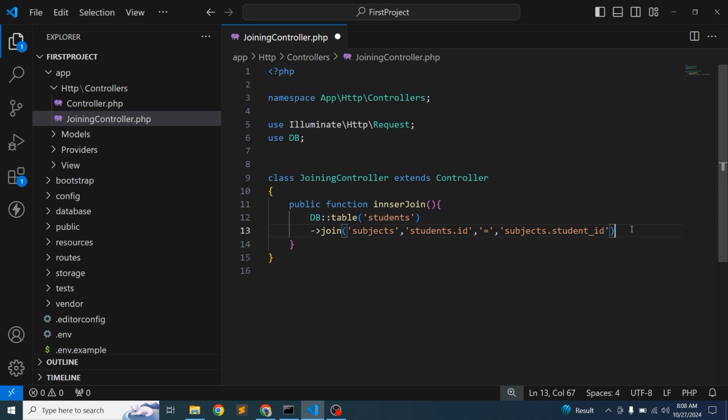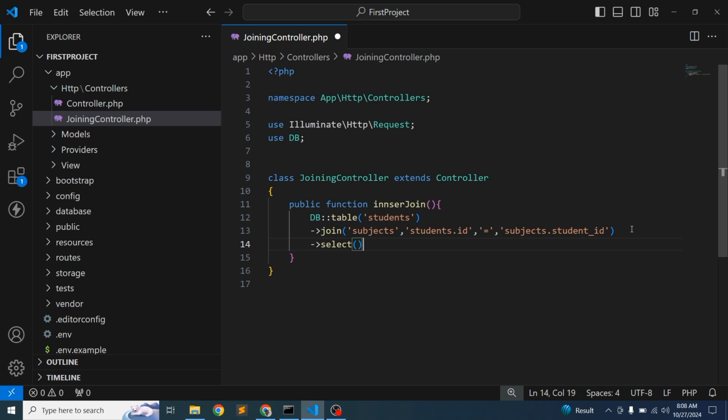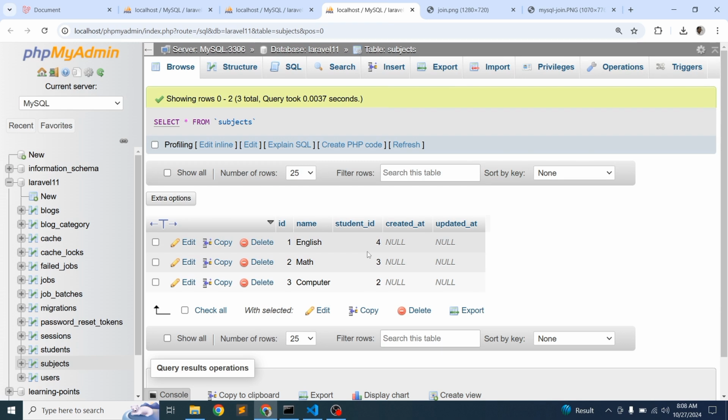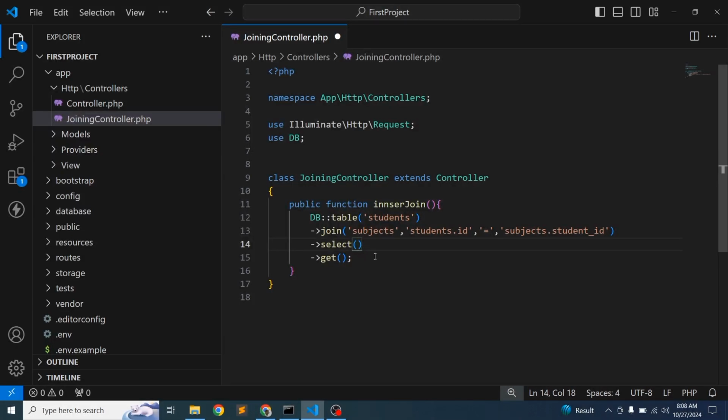Now I have to fetch some records. Just write select, and finally write get to get all the data. In select we want to get the student name and subject name. But here is another concept. In the subject table we have a column name, and in the student table we have a column name. If you want to get the name, it cannot understand which name I want to get. So how to differentiate? Here write students dot name and